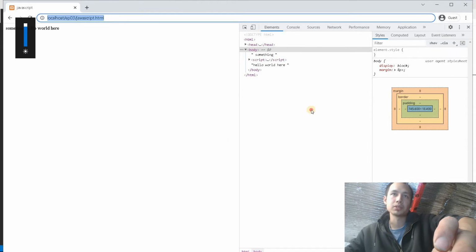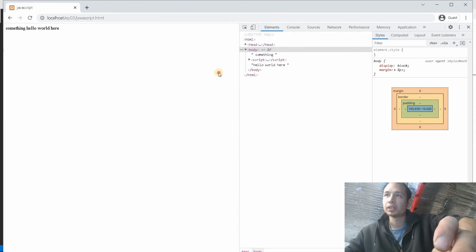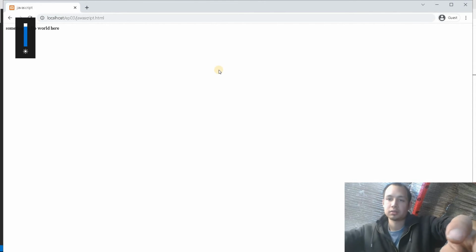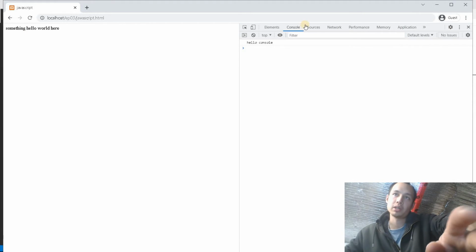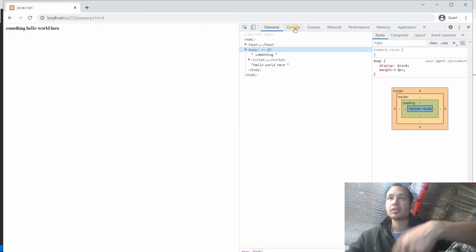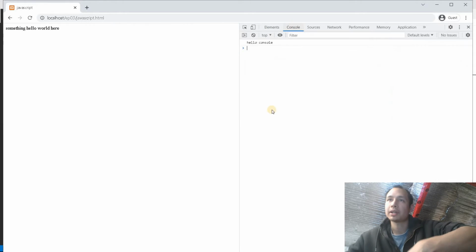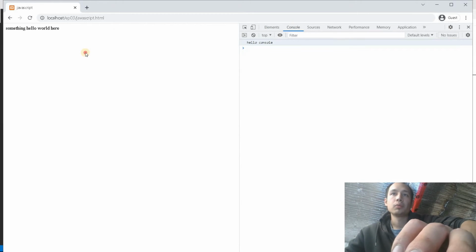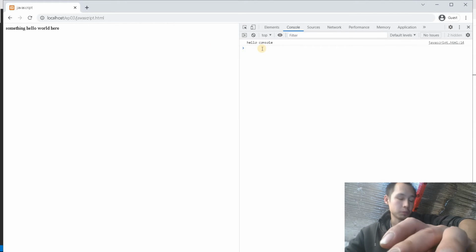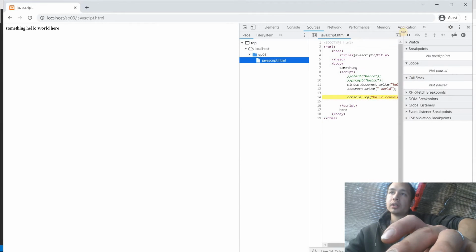Okay, well, my keyboard's not working so well. Anyways, it should open and close with F12. There we go. And in this case, it opened right up to the console instead of the element inspector. So what happened was when we refreshed the page, while it's running through, it said hello console and then